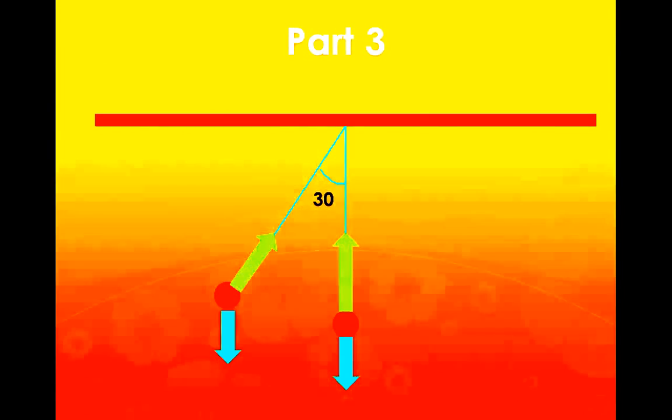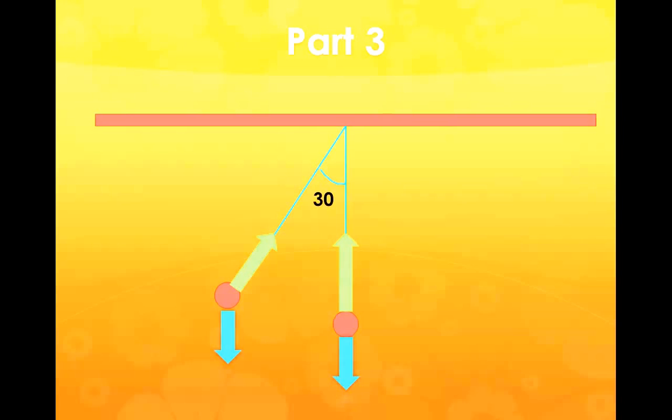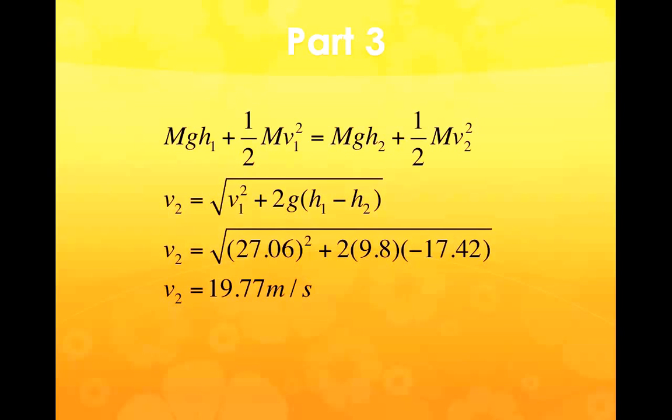Now, there's going to be a little twist, and we're going to solve for the tension and the velocity at a 30-degree angle. Now, this will be slightly more difficult because force of tension isn't in line with the force of gravity. So, we're going to put the force of tension going in the y direction and the force of gravity going off into the negative xy-ish direction. So, using the energy principle again, we